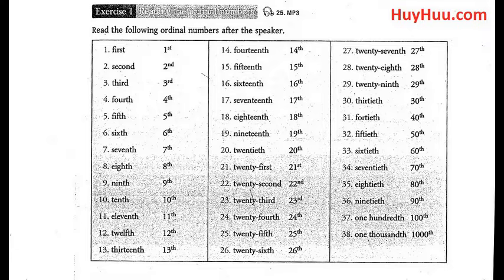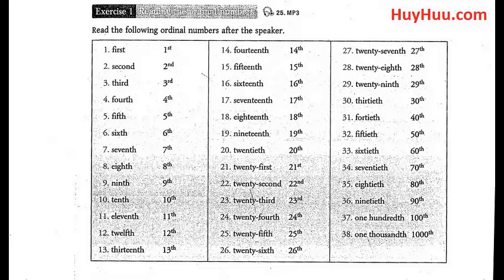10th, 11th, 12th, 13th, 14th, 15th, 16th, 17th, 18th, 19th, 20th, 21st, 22nd, 23rd, 24th,